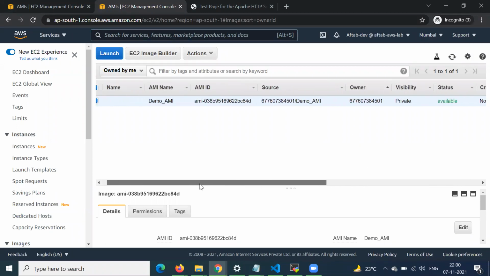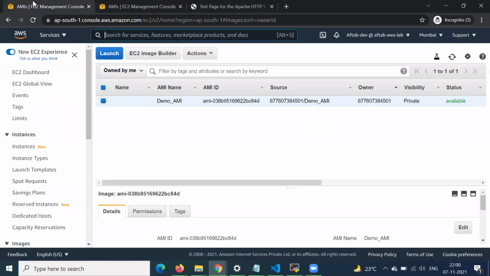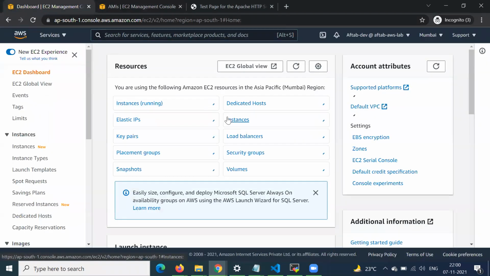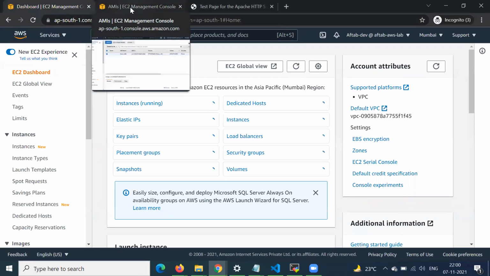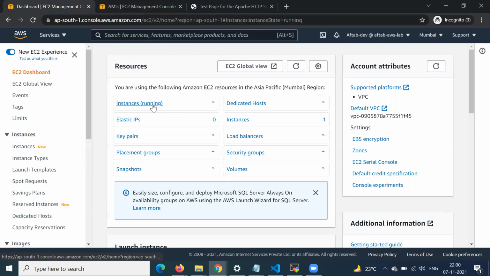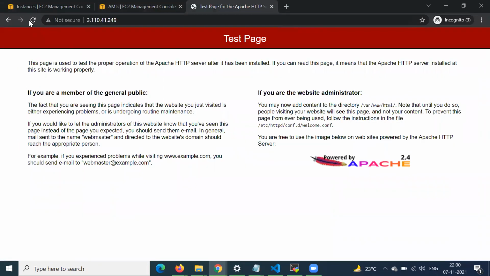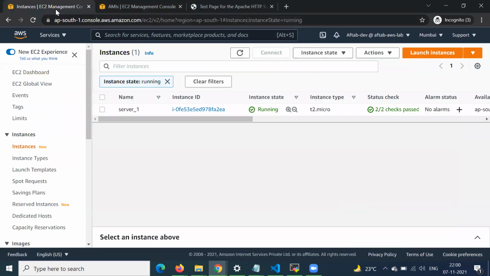And now we are going to create another EC2 instance with this Amazon Machine Image, with this AMI. As our server one is running this Apache web server and this test page is visible to us, we are going to create another EC2 instance with the custom AMI.